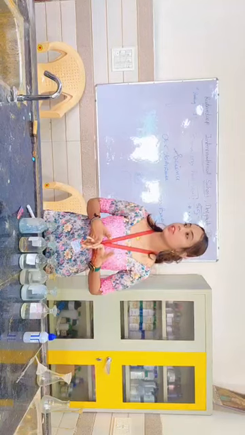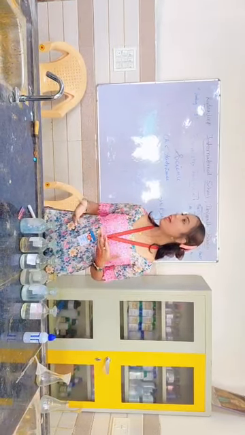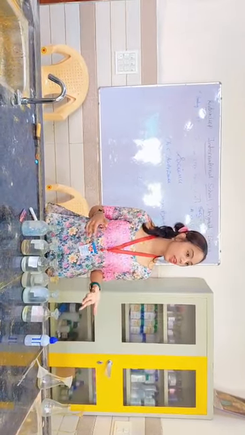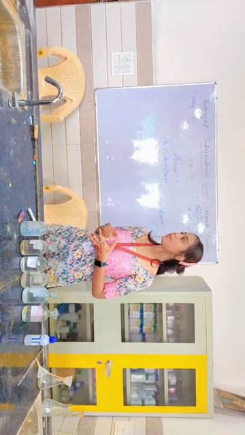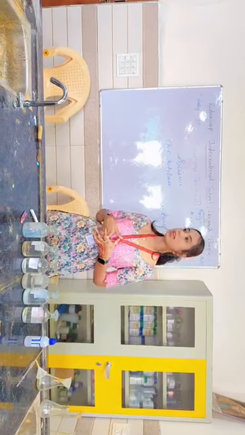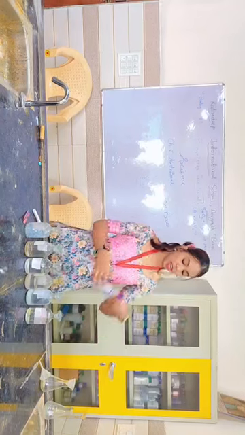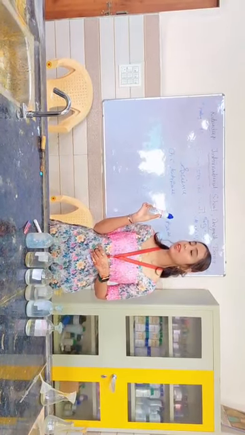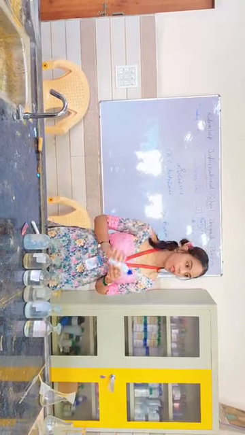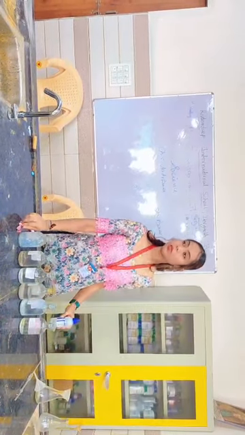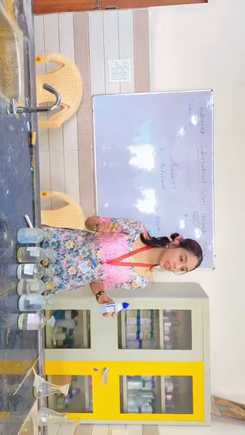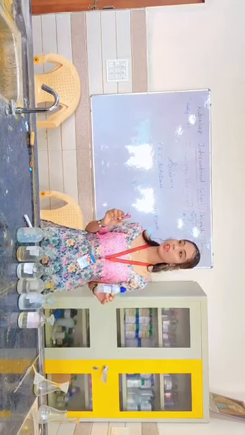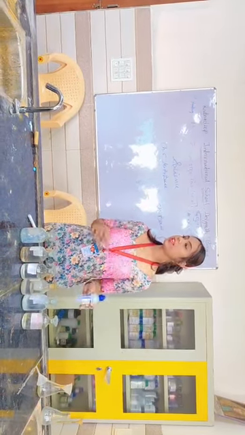So what comes under natural indicators? Like turmeric, yes, China rose, and all these are natural indicators, right? Whereas if we talk about artificial indicators, one name that comes under it is this phenolphthalein. What is it? Phenolphthalein. Okay. So here we are having two things to test that whether the given chemicals are acid or base. Okay. So are you ready to check the state of these chemicals?